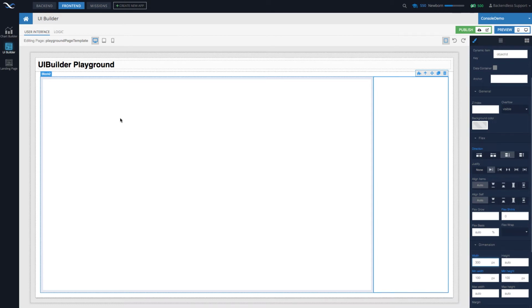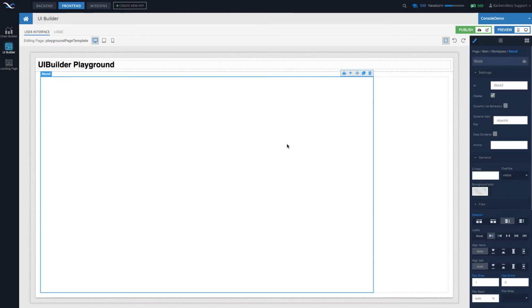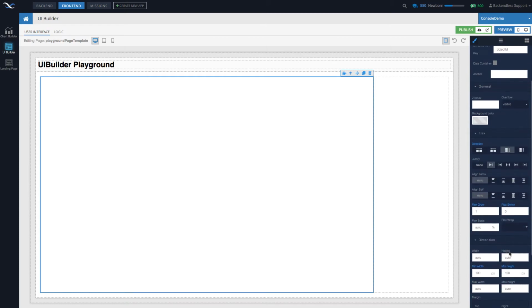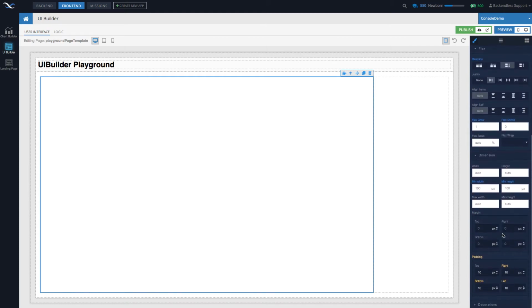So what we have now is this main area. This is where we will be adding components. This is where we will be playing with UIs and adding logic. And this one will contain our log messages. So they are not sticking to each other, select this block right here and then add a margin on the right of 10 pixels.